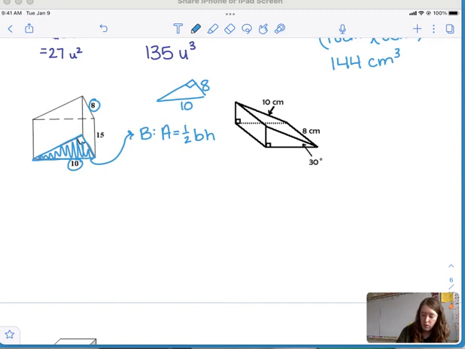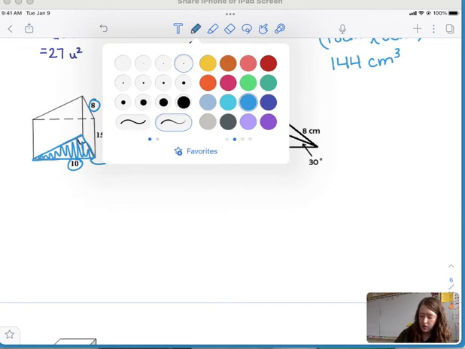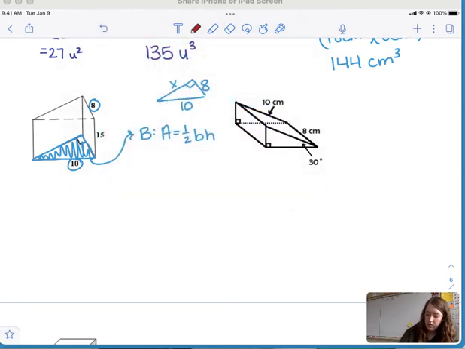We need to know what this side of our triangle is to find the area of that triangle, right? So we're going to have to do